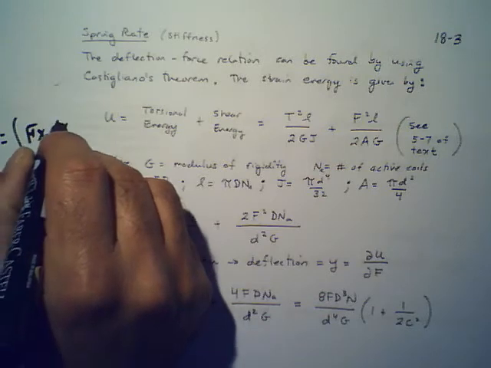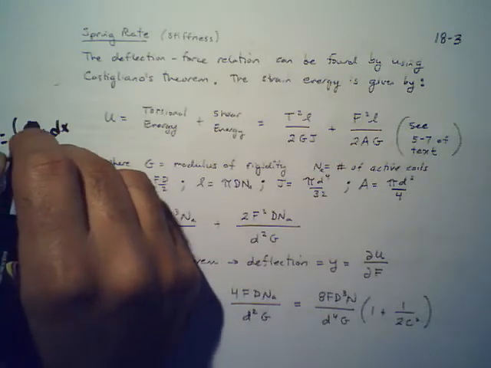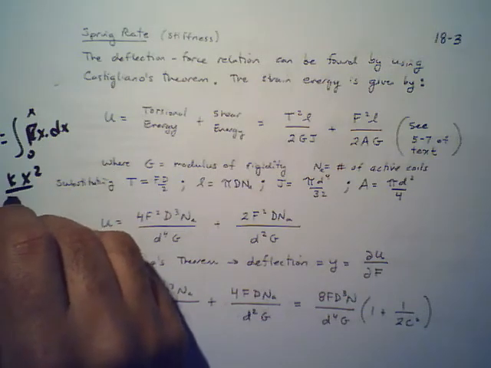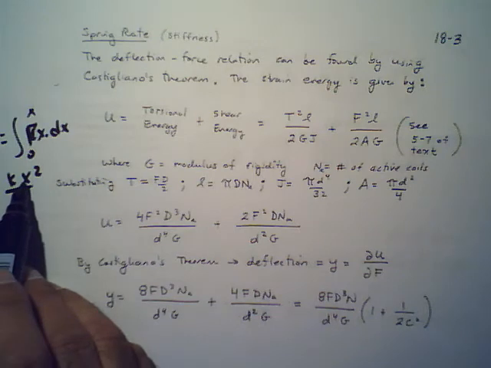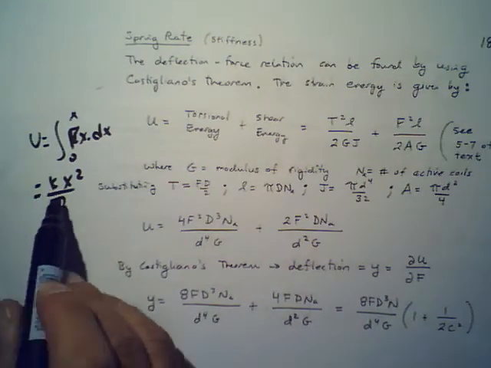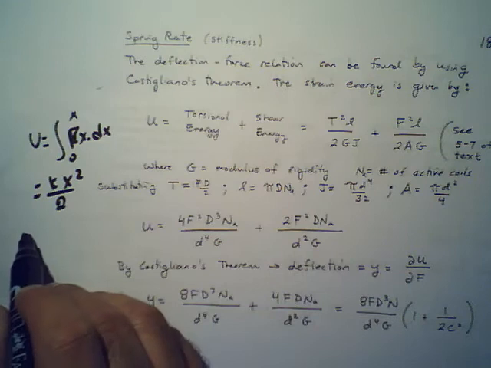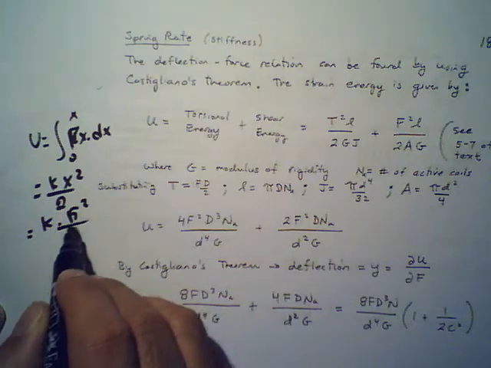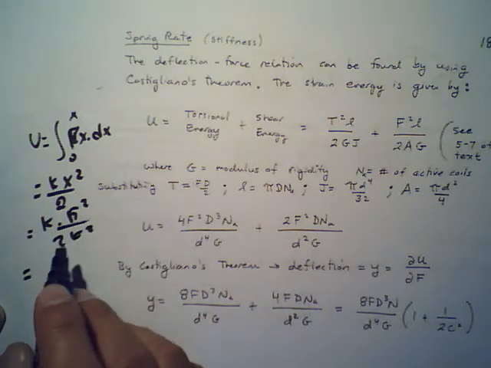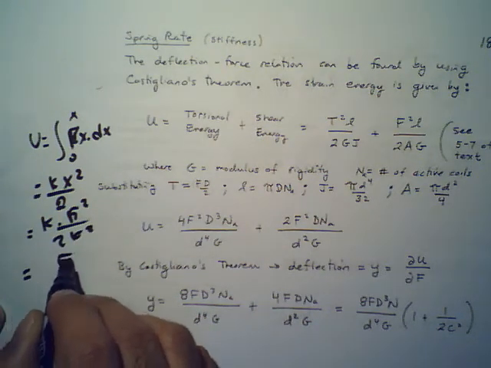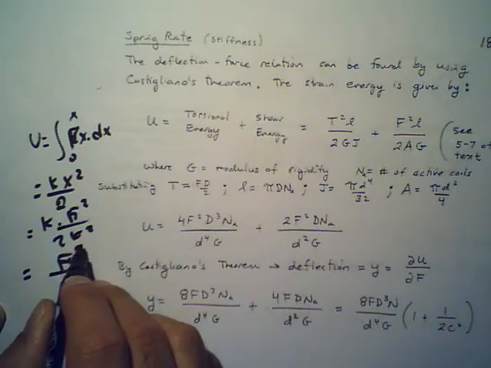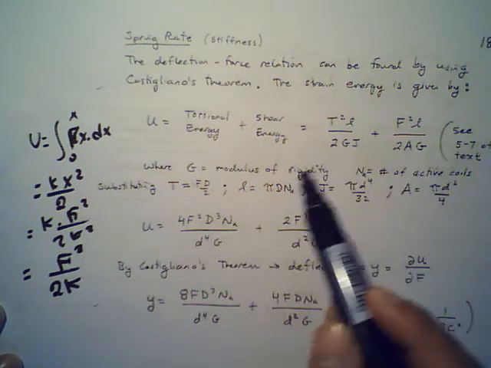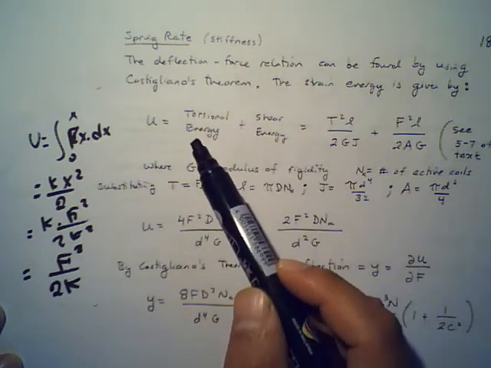Force times dx, or rather kx times dx, from 0 to x, and that will be kx squared over 2. You can replace x and then plug in the force. You will end up with something similar, right? x is equal to F over k, so k F squared over 2k squared, which is equal to F squared over 2k, and this is similar to here, but this applies more toward torsional energy